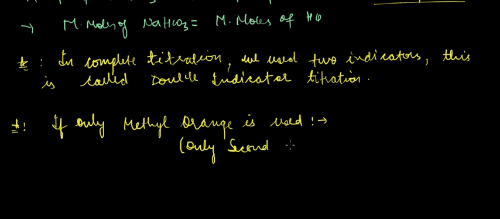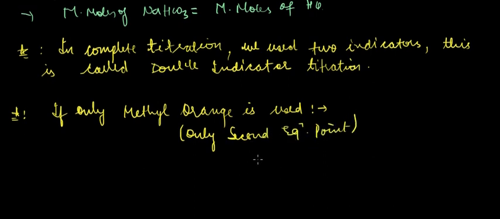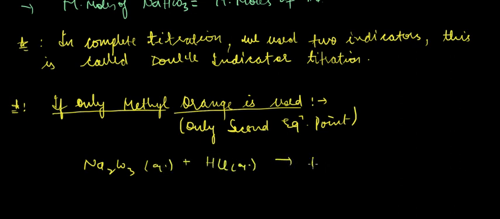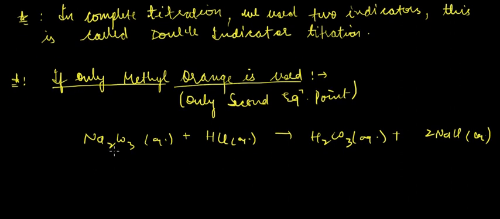Okay, and we would be missing the first equivalent point. So the reaction would directly go from Na2CO3 plus HCl to H2CO3 plus 2NaCl. We'll be directly getting carbonic acid from sodium carbonate, and we can directly write that at the second equivalent point